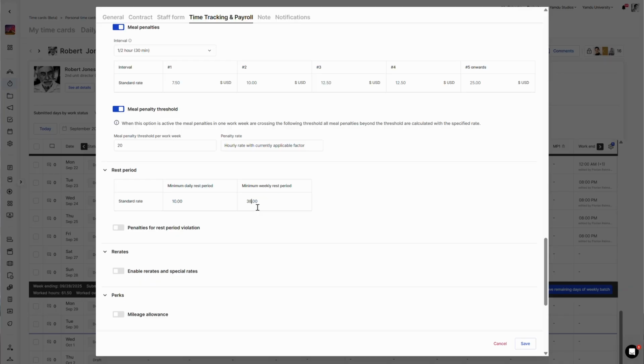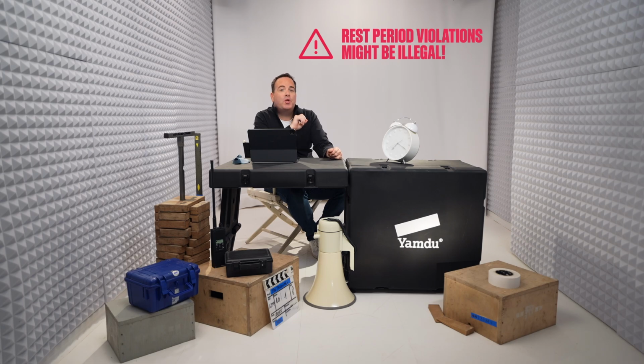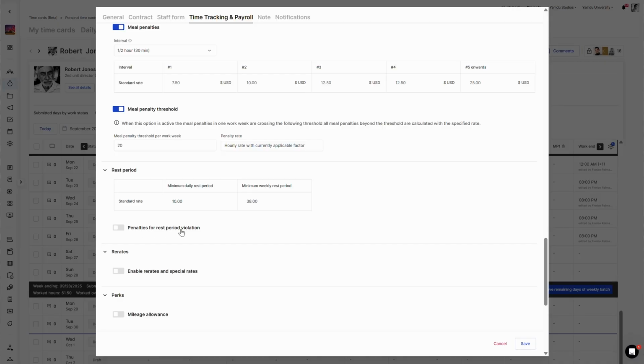So it really depends on the labor agreement, of course. For a lot of countries, that's maybe already enough. So you see this warning here, and that's all there is. Why? Because especially in many European countries like Germany, Austria, Italy, etc., it is simply illegal to run into turnaround violations. This does not exist, and there are also no penalties for that. You always have to be aware of your minimum turnaround times or rest periods, and you really have to stick to them. But for Robert, let's do something else.